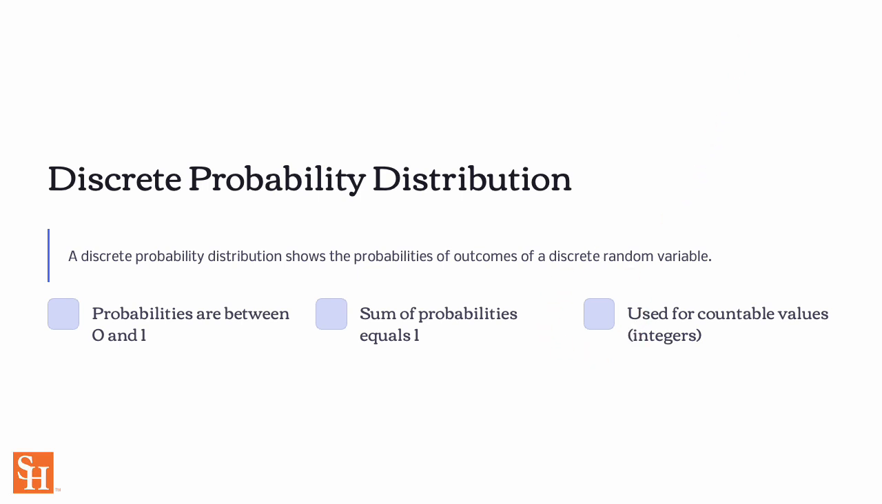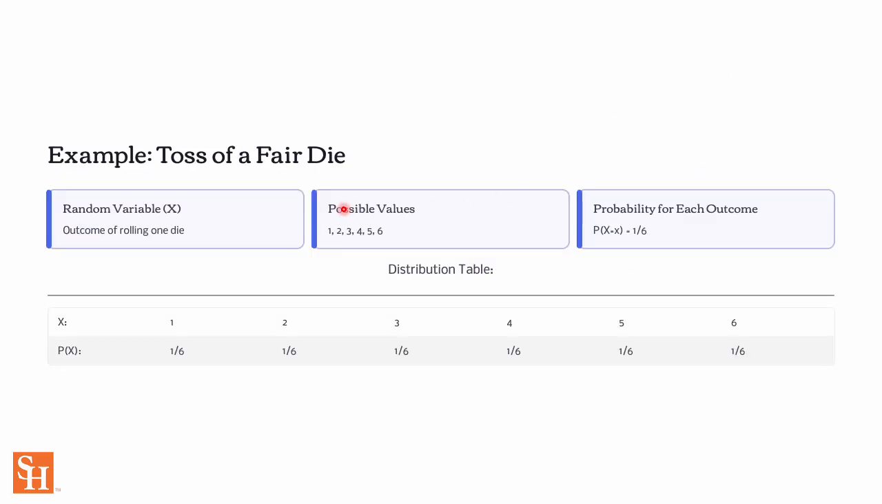Now let's look into an example. Say here we are rolling a die. If we roll a fair die, what are the possible outcomes? The possible outcomes are 1, 2, 3, 4, 5, and 6. Since it is a fair die, each of the outcomes is equally likely. The probability for each outcome would be 1 over 6, since in total we have 6 outcomes,